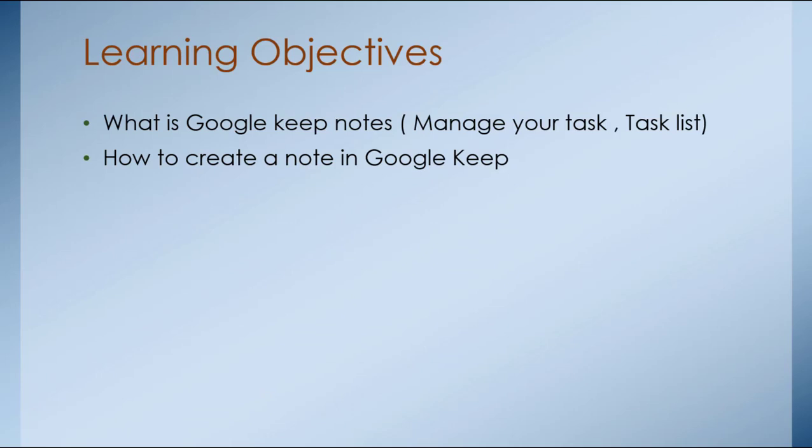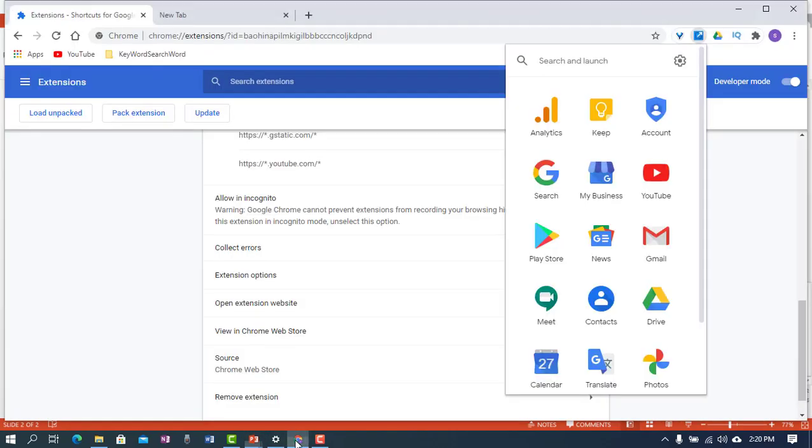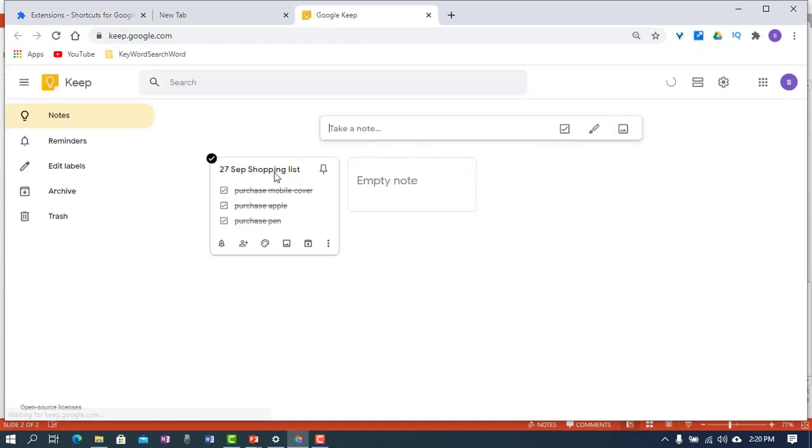Okay, now first we have to create a note in Google Keep. For this we need to launch Google Keep, and from here just click on the Keep icon. As soon as you click on this, you will see a screen like this. This is the first screen which appears as you launch the application. It is a very simple and clean screen because I have not created so many things over here. This is Google Keep's graphical user interface. For adding any note or task, you just need to click on here which is called Take a note.